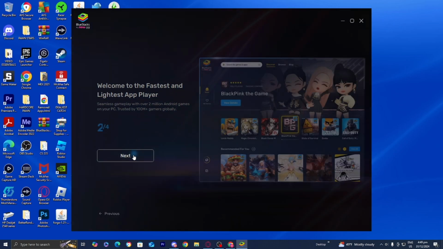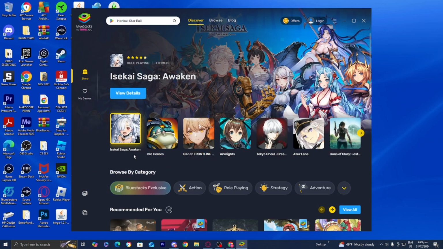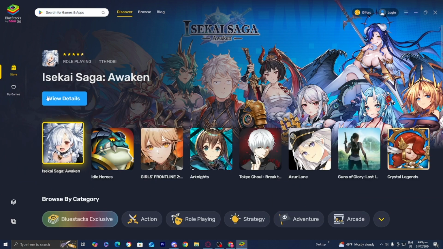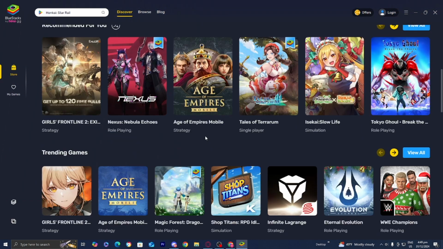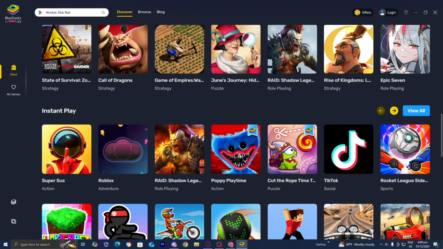So all you want to do is go ahead and press on next again, and then press next one more time, and then done. And once you're done with that, then you guys can go ahead and install whatever game you would like to download. There's a ton of different games over here, so all you gotta do is just select one, download one, and then have